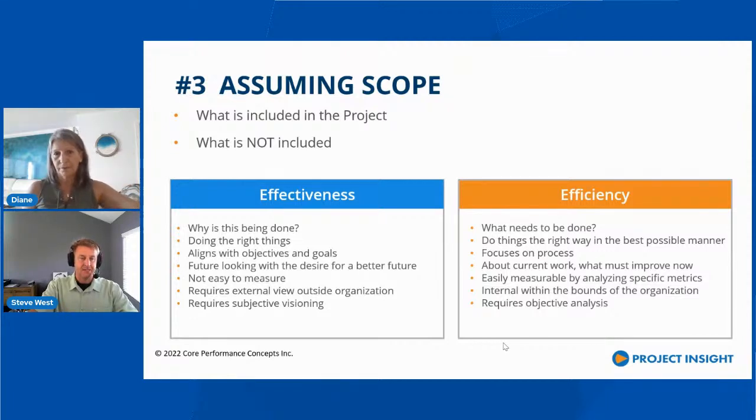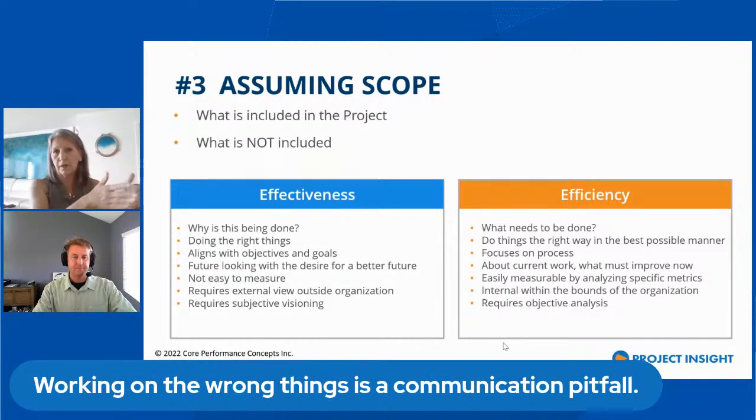Right. And so if they're working on the wrong things, I'm assuming that maybe they didn't define their scope very well, or maybe the priorities aren't set up. Right. Yeah, it all ties together. Somewhere along the line, somebody went down a path and nobody pulled them back. Nobody reeled them back in, which is the project manager's job, to get them refocused on the things that they should be doing.